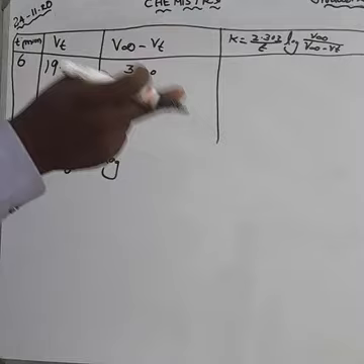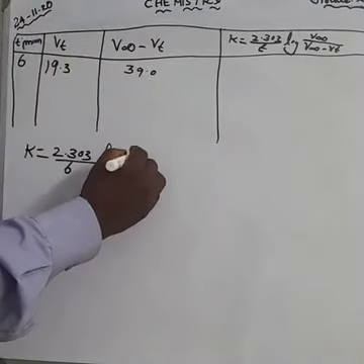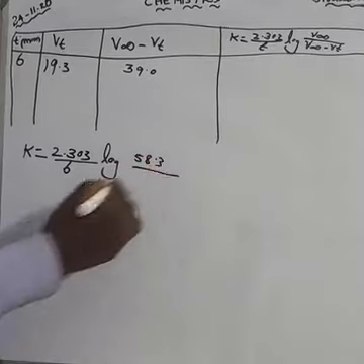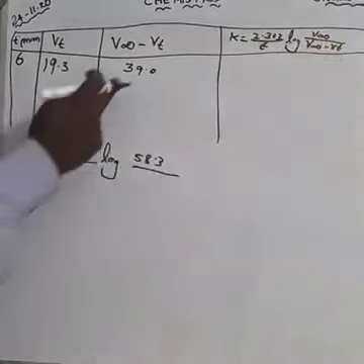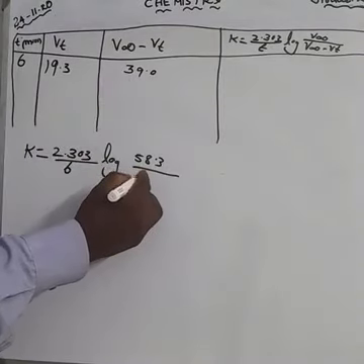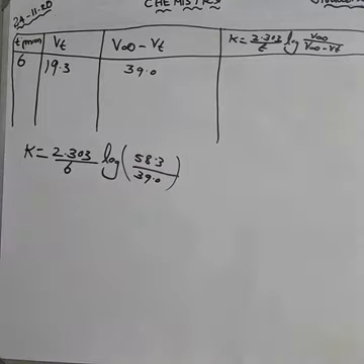As per the tabular column, the V infinity value is 58.3 divided by V infinity minus Vt, that is 39.0. So K is equal to